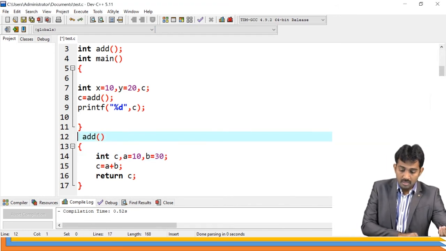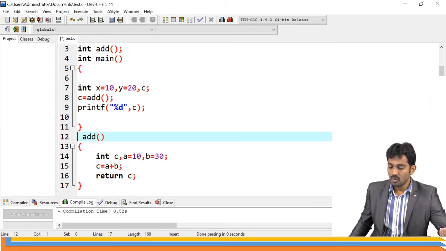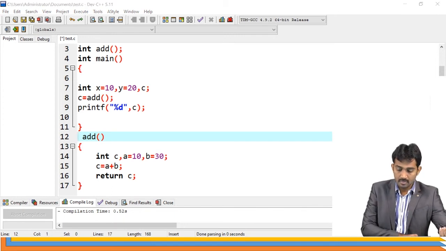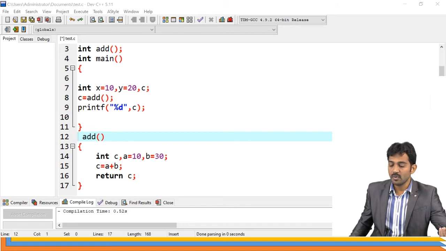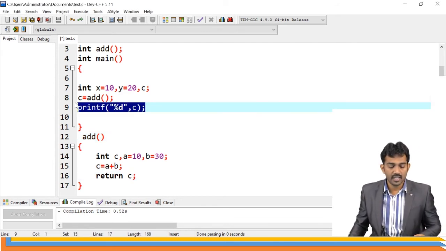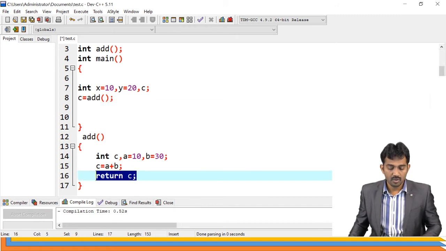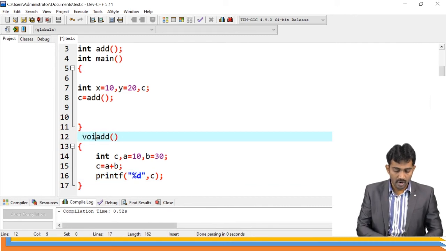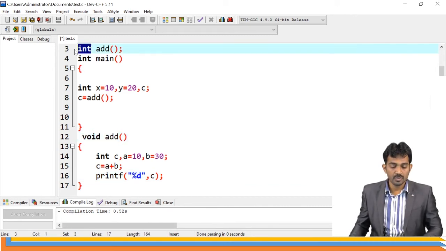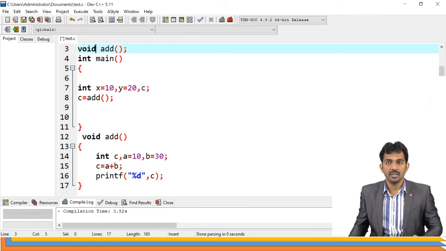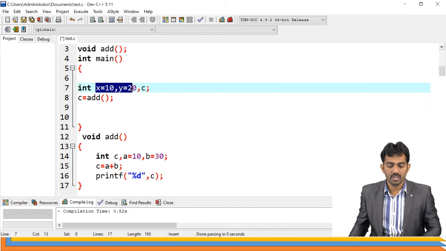And one more thing, the last category. What is that? Function without arguments, without return value. It means you don't have any return type. You're going to read the data here and print the data here only. Just use void and void. These are the empty arguments, so this one is also not required because you are not passing any data.